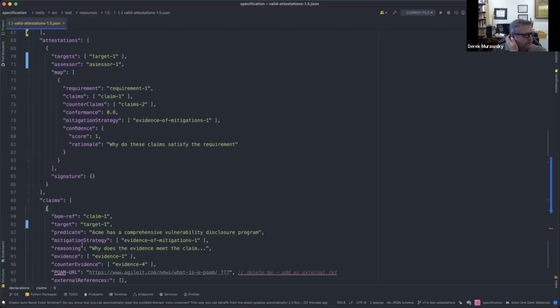Well, yeah. I think here we're trying to maintain some level of dryness so that you can say that this grouping of claims, counterclaims, evidence, mitigation can apply to one or more things so that we don't have to redeclare it every single time. So I think that's the main intent with keeping plural in line 70. It's cheap to me. At the end of the day, I just like to have an example here that I can buy into.